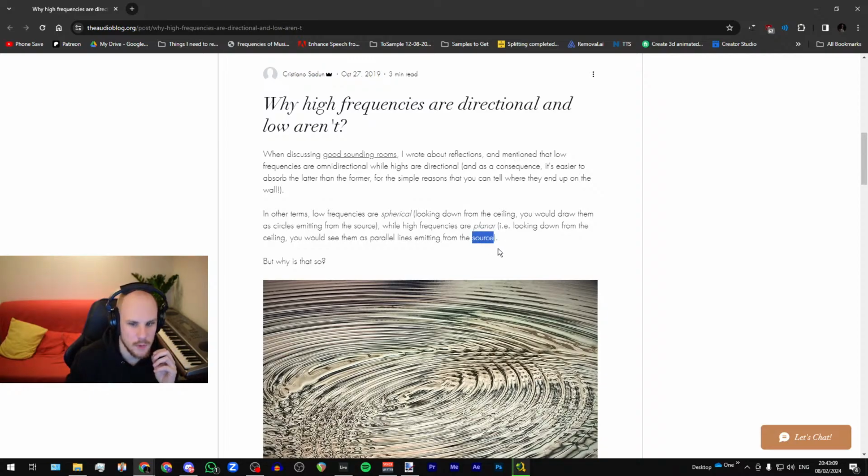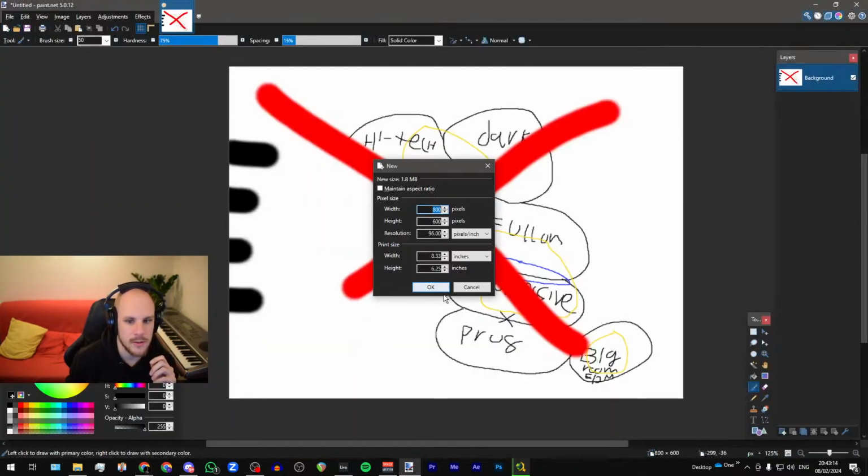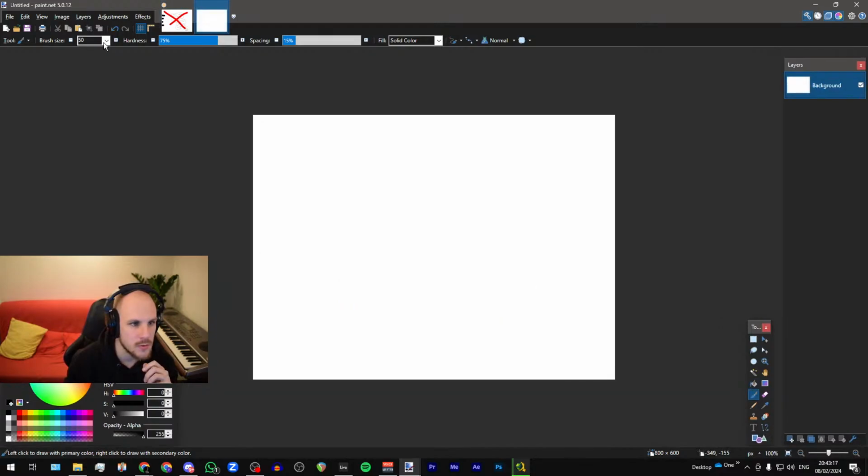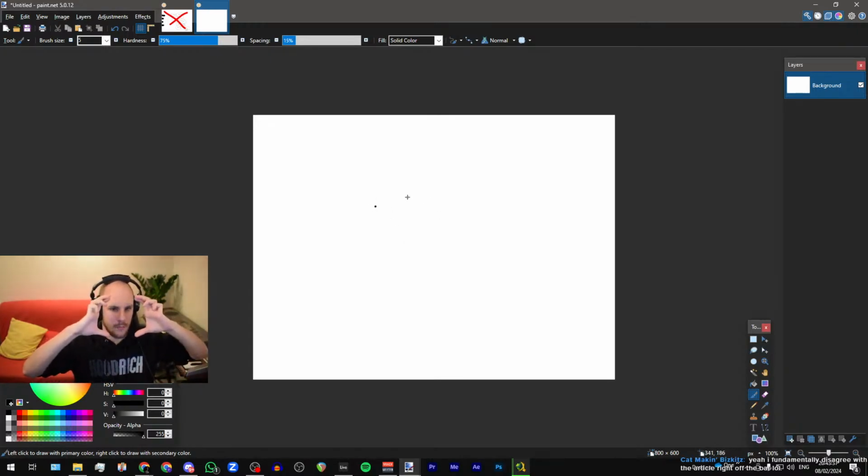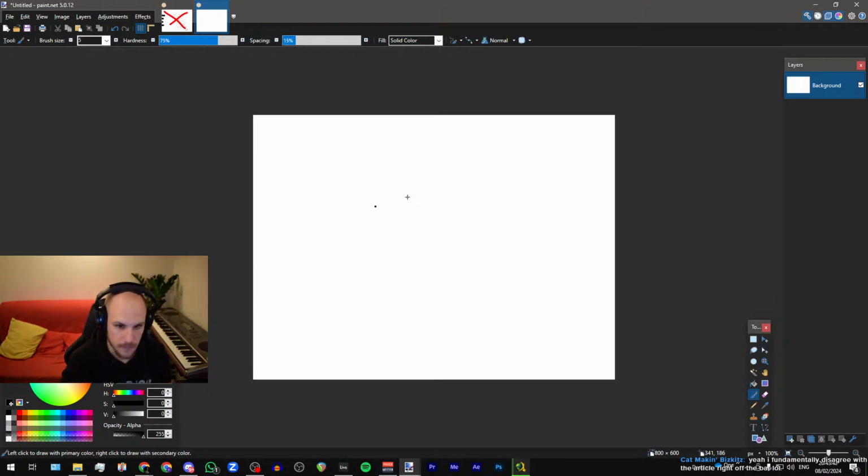Because if I see the word source, I immediately assume point source, right? Which is just, if this is a room, you just make the smallest possible point that you can make. Boop, like that. You guys cannot even see that. I'll make it a little bit bigger just for you guys to see. And this represents the speaker in any diagram, right? And the reason why they do that is because that simplifies some of the calculations that you have to make. You don't have to take into account the physical disk width, for example, but you can all concentrate that on one single point in space.